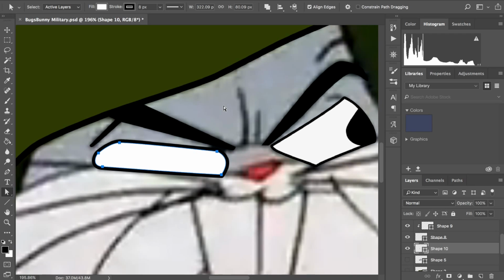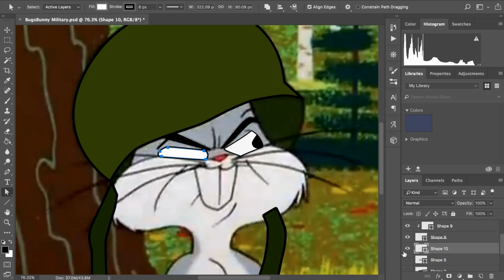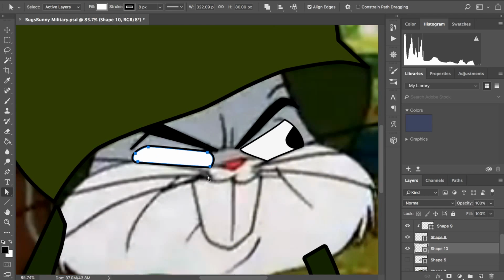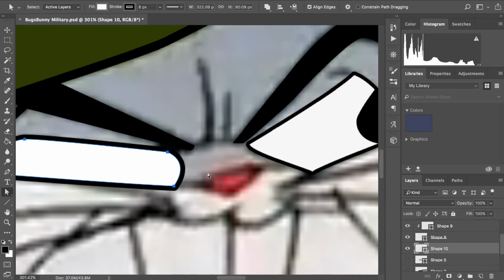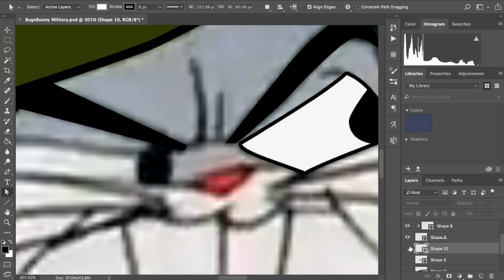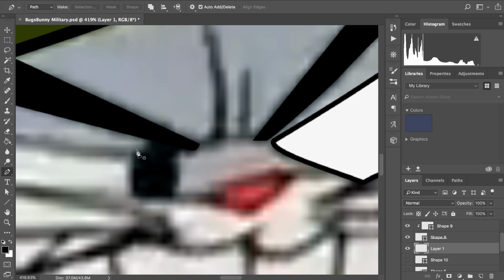Alright. This is like some weird dystopian Bugs Bunny. Or not dystopian, but alternate reality Bugs Bunny. One where he's even simpler and more cartoony than he should be. Okay. Cool. Alright, same thing here. I'm gonna make the eye and then put him into a clipping mask. Put the eye,